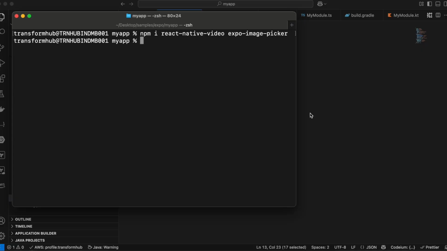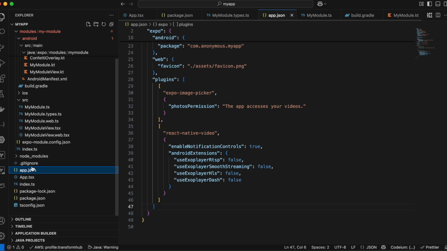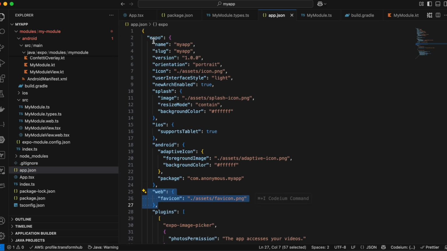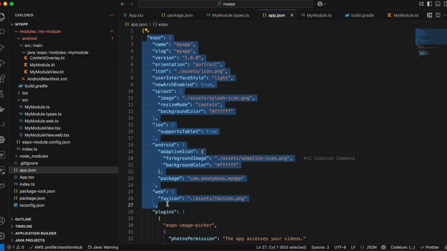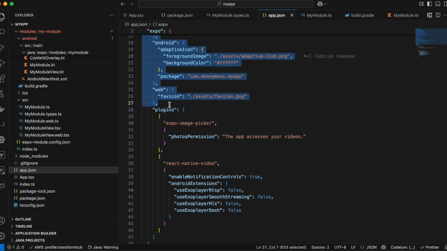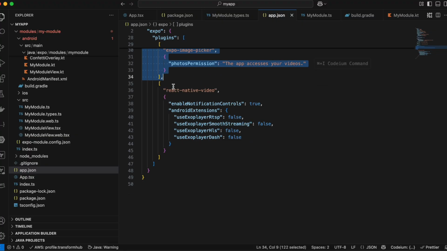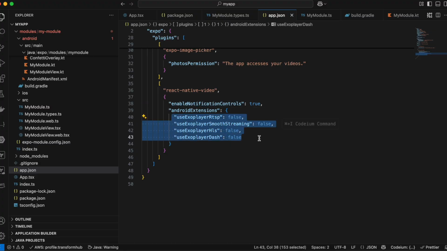Once you have added this to dependencies, you will have to go to app.json over here, and till here you will have all this stuff by default present. After this web JSON object, you have to add this plugins array, and again I have just copy pasted it from the documentation. So for Expo image picker, it requires this photos permission, even though we are not really using it. And for React Native video, we need to enable Android notification control, Android extension. So yeah, make sure you add all this stuff as well. Okay,